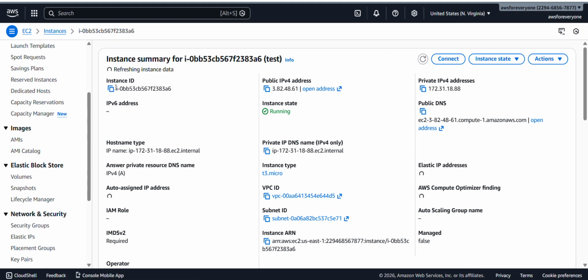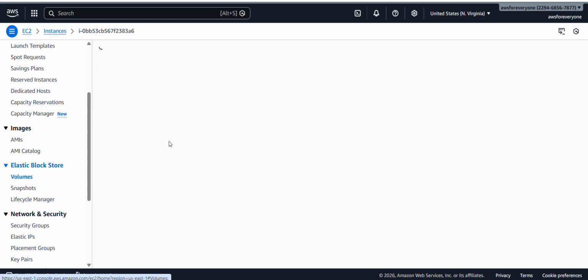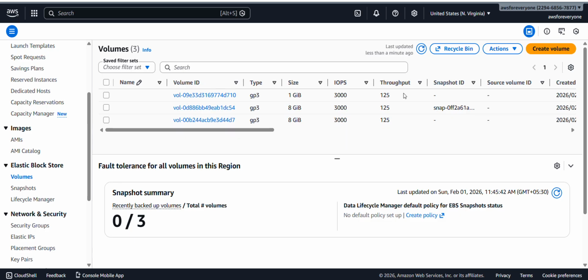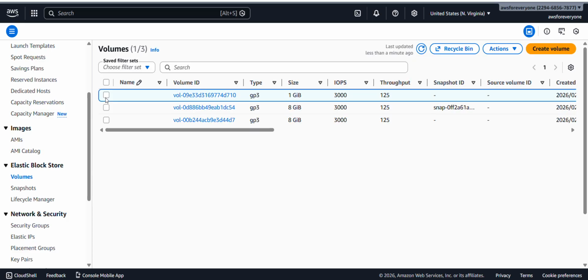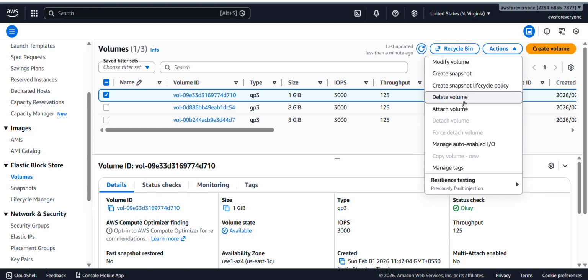You can copy it from here. And if you go to volumes, this EBS volume is not in use. This I created, but I have not used it. So let's go ahead and click on this, and you can go to actions, and you can put to